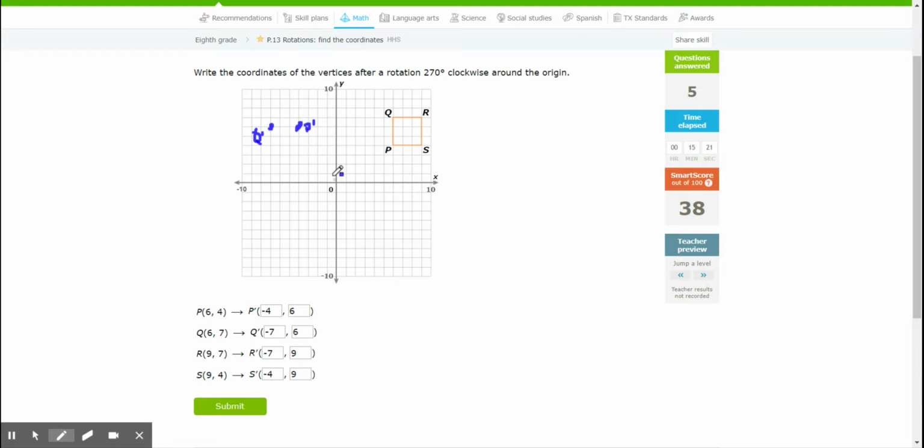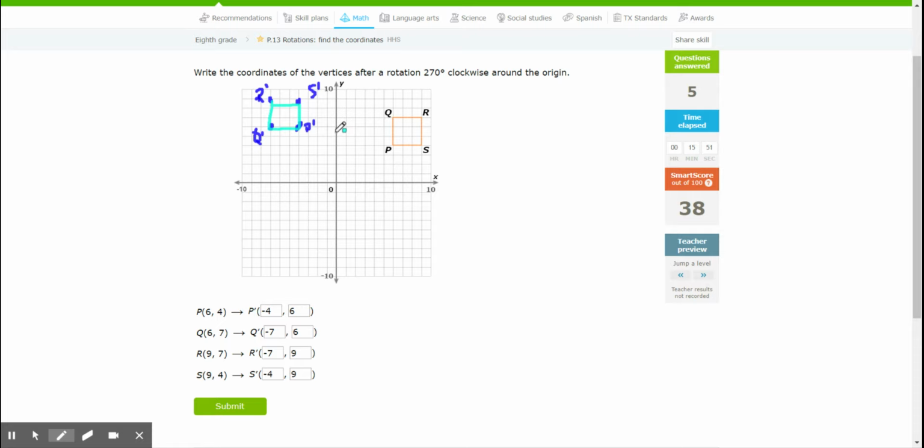I've got -7, which I already had. This 9, so this is 6, 7, 8, 9. There's R prime. And finally, I have -4, which we already had over here. This is 6, 7, 8, 9. This is S prime. And I hope that you can see that as it turns, if I look at this